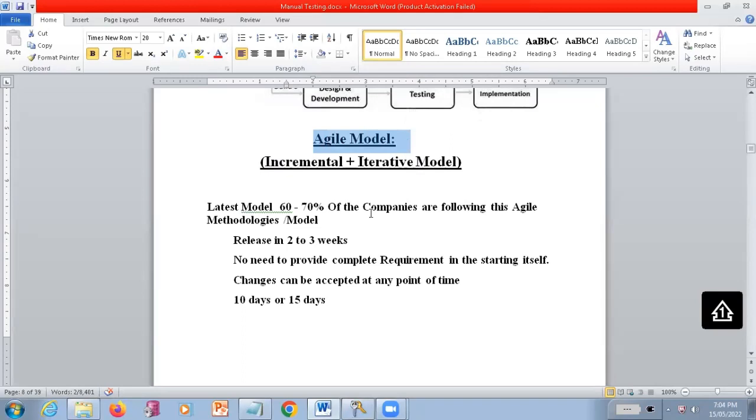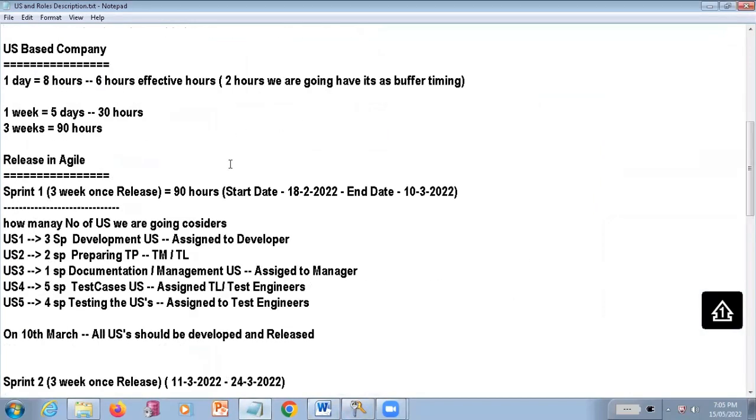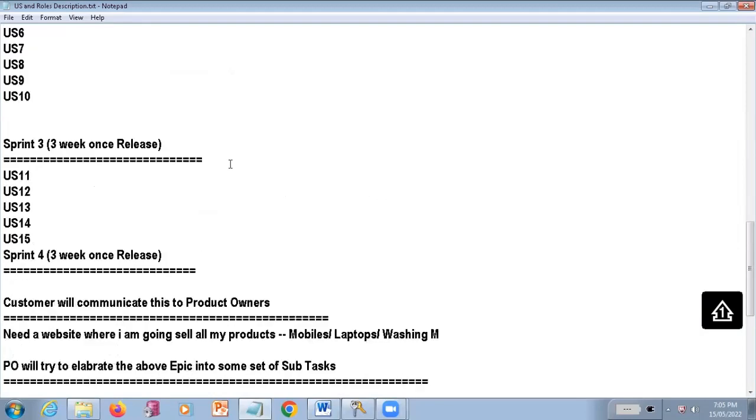And the great advantage for the customer is they don't have to provide exactly the correct and complete requirements in the agile model. They can provide whatever information they are clear about, or whatever information they have, and share that information with our product owners. The customer is going to provide the information to our product owners. So here in our sprint,